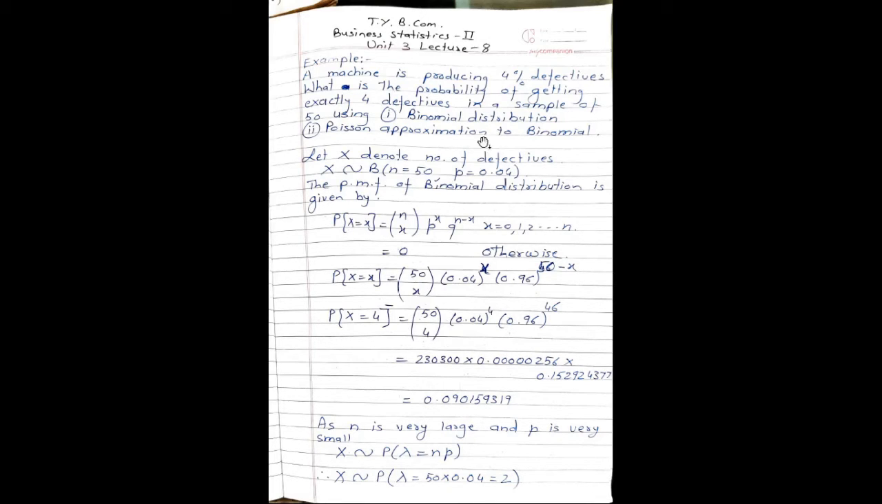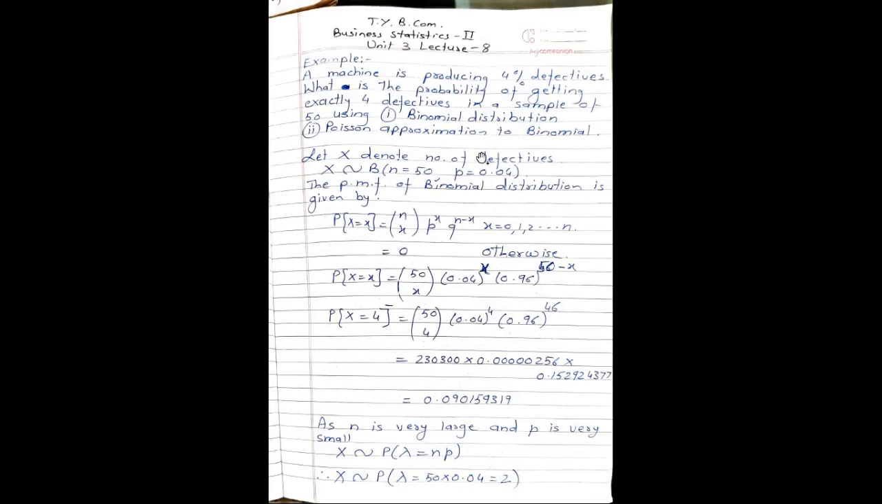See the next example. A machine is producing 4% defectives. What is the probability of getting exactly 4 defectives in a sample of 50 using first part of the problem binomial distribution and second part of the problem Poisson approximation to binomial distribution. So first of all,